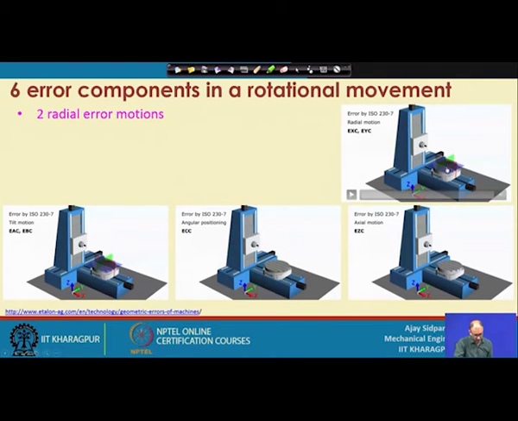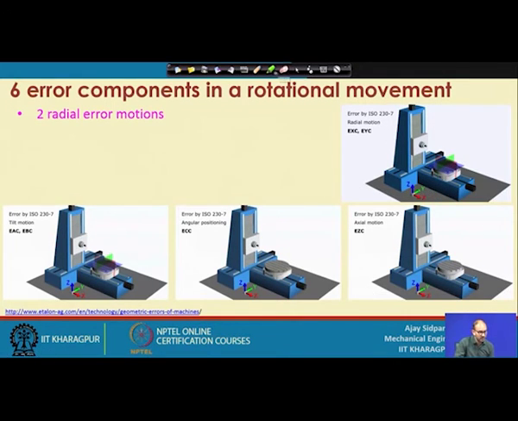Here this particular chuck is given, and the chuck has 3 planes: this green color plane, and the blue color plane at the bottom, which is a flat surface, and this red color plane, which is perpendicular to both the planes. So, these are the 3 planes. Now, when it is moving, you can see that it is actually not moving exactly about that center only. It is moving in both directions, the x direction and the y direction.